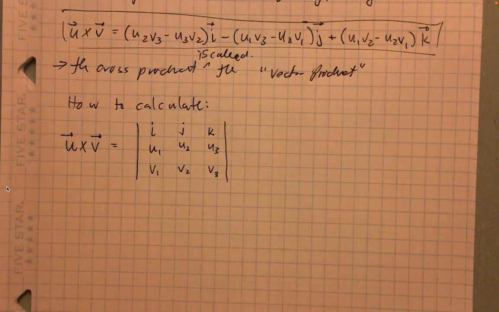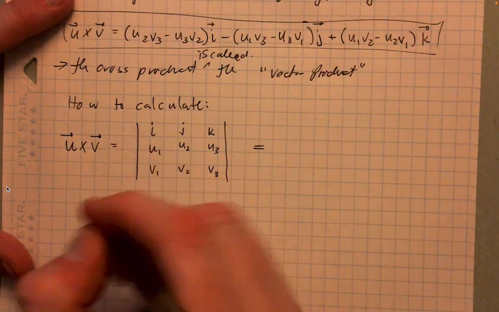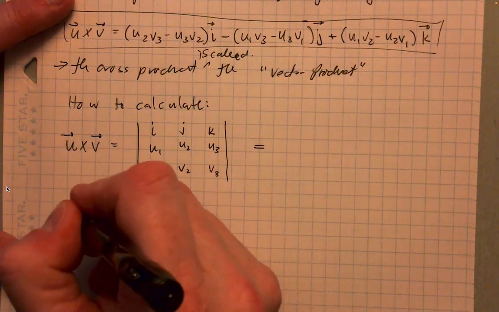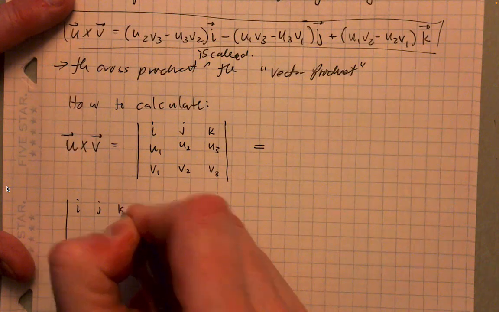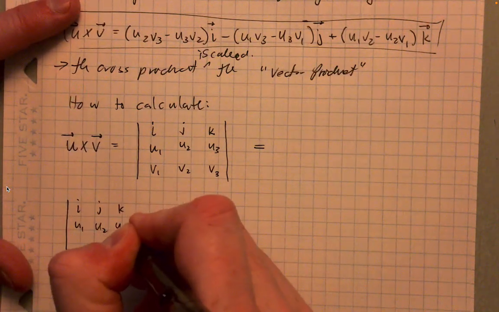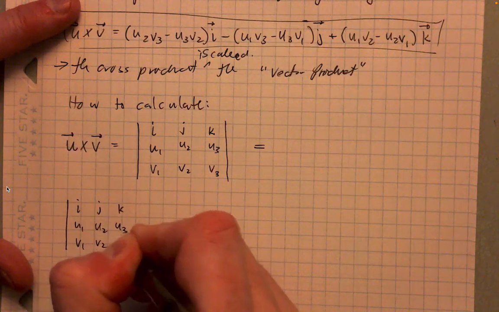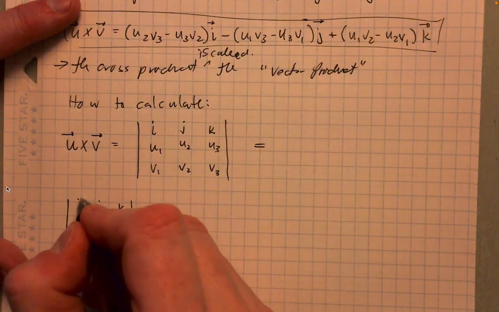And so what ends up happening here is you take the determinant here. So this will be a little bit lengthy to write out, but it's quick and easy to perform. It's just a little tedious to write out. So you have U1, U2, U3, V1, V2, V3, and then what we end up doing is we start with